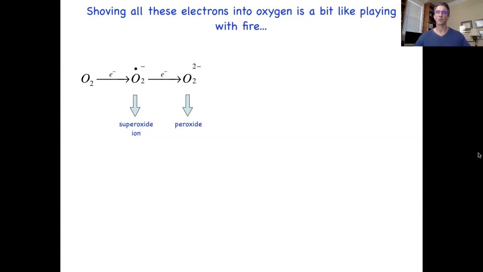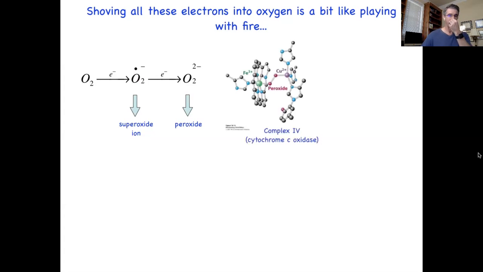So essentially the process we're running here, electron transport, the terminal stage of this runs the risk of creating extremely dangerous, oxidizing versions of oxygen that could do damage to all kinds of biomolecules, including DNA. And oxidative damage to DNA, as we know, can be mutagenic and seriously deleterious, right? Okay, so again, the process of pumping electrons into this complex runs the risk of creating some really dangerous molecules,